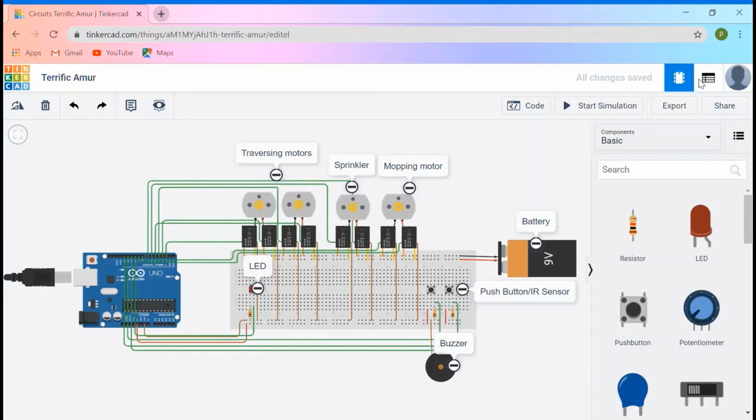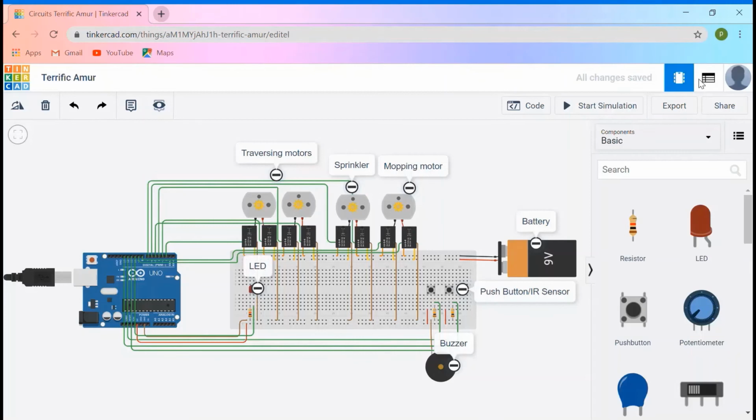There are different conditions that can be given to the traversing motors to make them run. If we give the F command, they both begin to rotate in the clockwise direction. If we give the B command, they both begin to run in the anti-clockwise direction. If we press R, then the left motor stops and the right motor starts to rotate in the clockwise direction. And in the left condition, vice versa, meaning the right motor stops and the left motor starts to rotate in the clockwise direction.